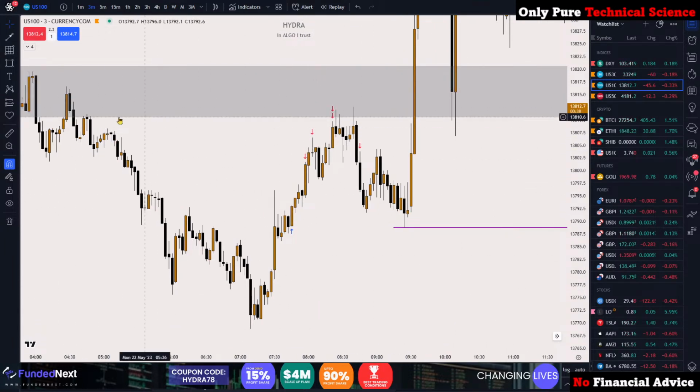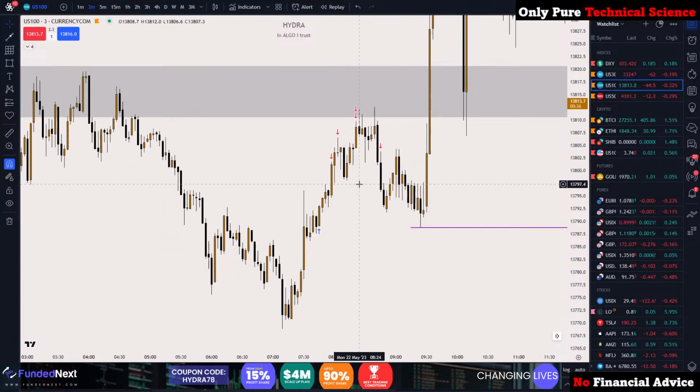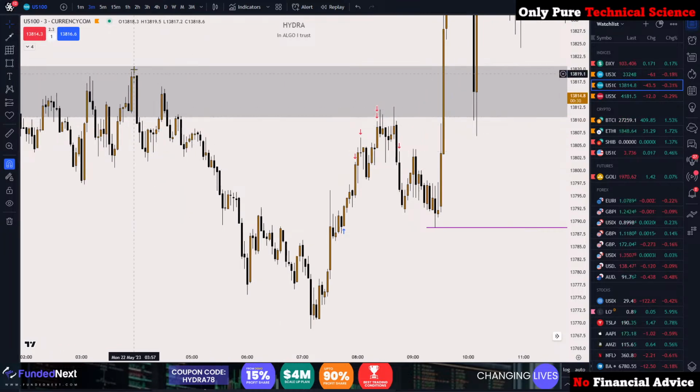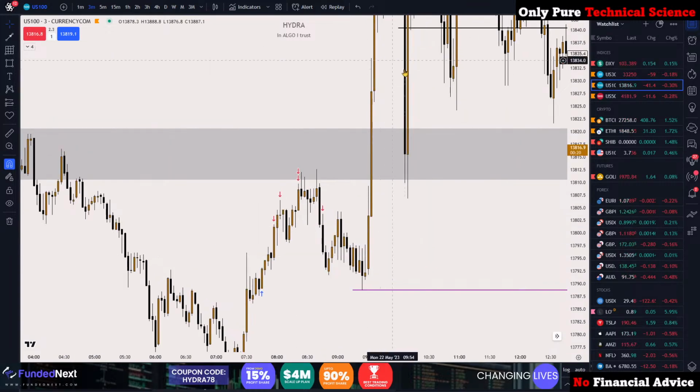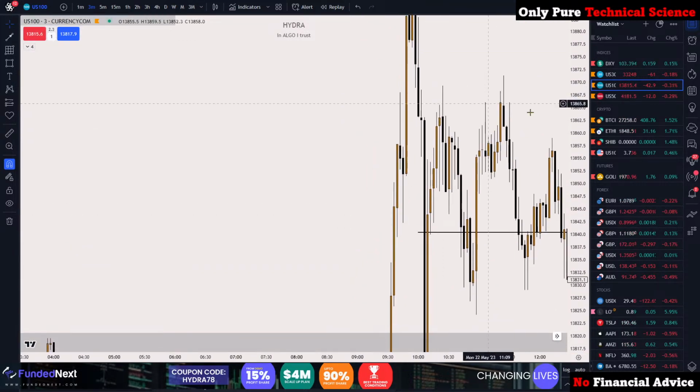Okay, so what a noob will do, he will think, okay, now that price delivered towards the buy side and hit this fair value gap, I'll short now. But price still has relative equal highs left. So when you see relative equal highs and relative equal lows that price left, don't push any button against that. Okay, target those, and suppose if I hold it,